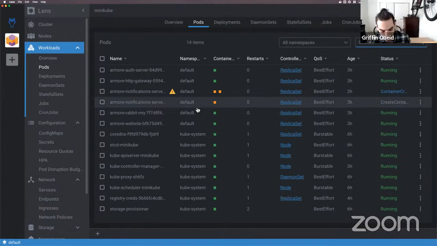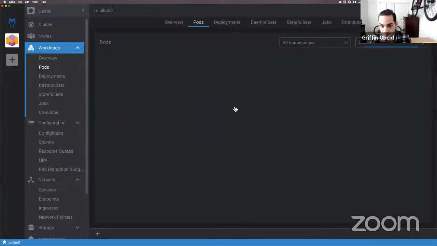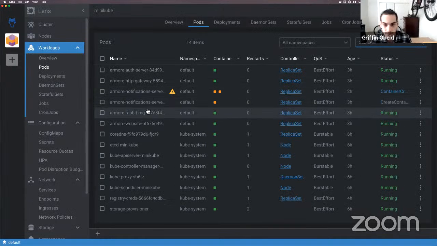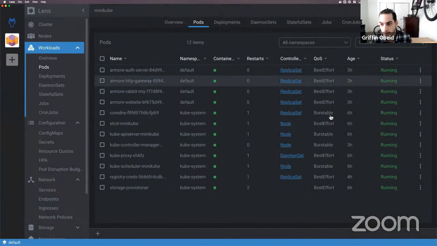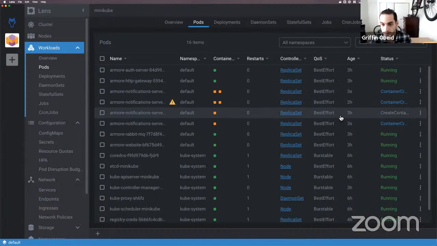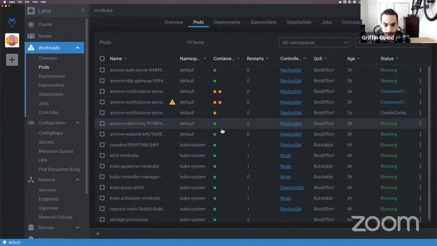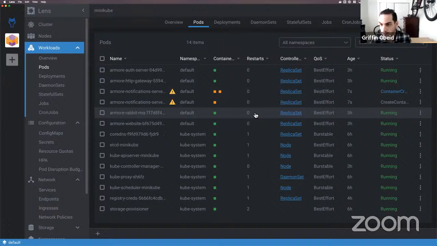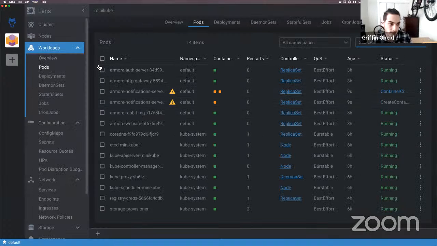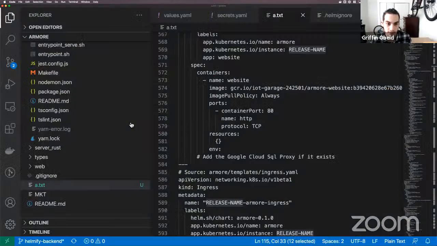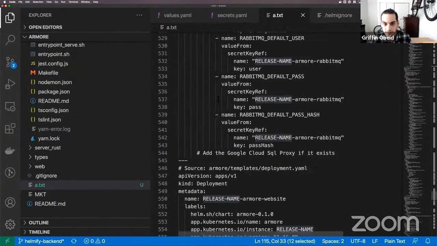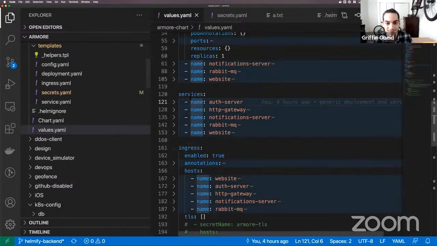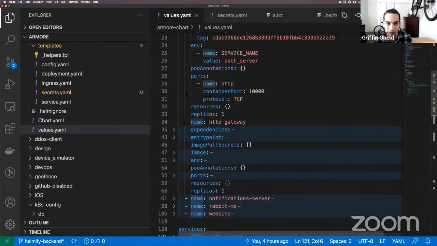So, yeah, the pods are here. This one is having trouble for some reason. I don't know. Sometimes when you just delete them, it works. It might be because it doesn't have access to the image or something. I'm not sure. Maybe my computer's not powerful enough, but anyway, let's add another deployment and see if maybe that is the problem. If that is the problem, we won't get very far, but